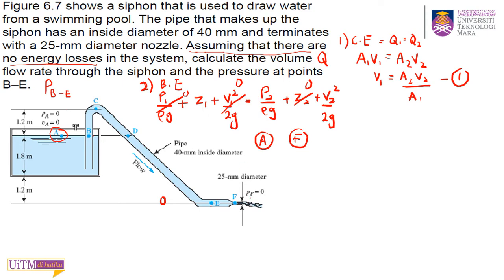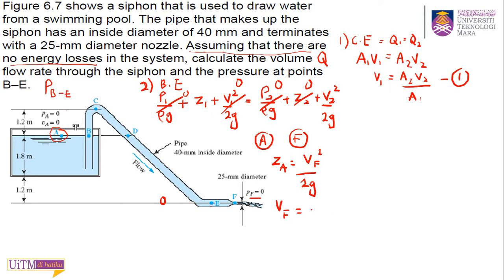You also have pressure at point F is 0, so that means your P2 is also equal to 0. So that will leave you only two terms here, Z1 and V2 squared. So now you can write your equation. ZA is equal to VF squared over 2G. You want to find VF, so